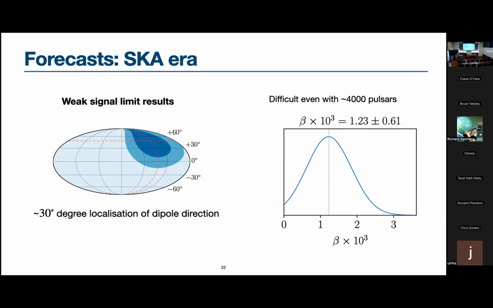So, firstly, the results for a weak signal limit. Assuming that SKA will have noise levels which are greater than the gravitational wave background signal currently seen, our results indicate that you would require at least 4,000 pulsars to even get a 2 sigma detection of this dipole. And naturally, as a consequence of this, the dipole location would also not be constrained too well compared to what constraints you have from the CMB.